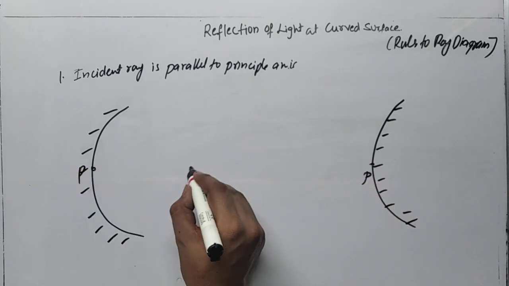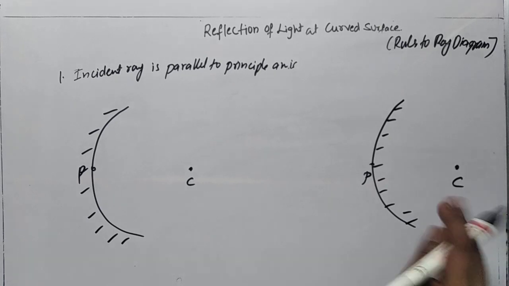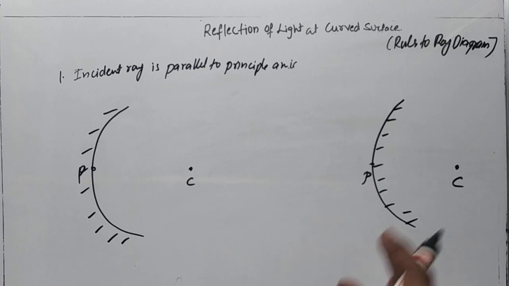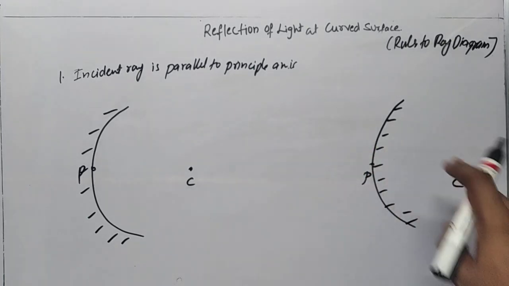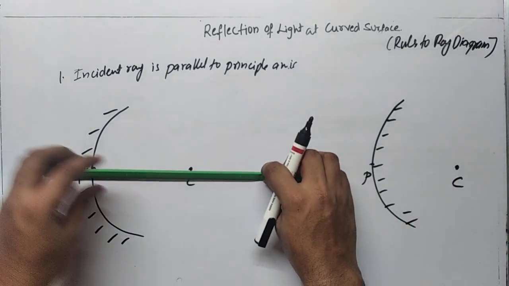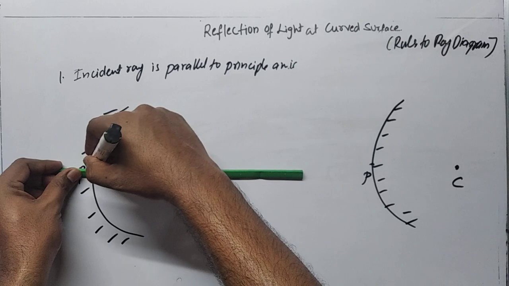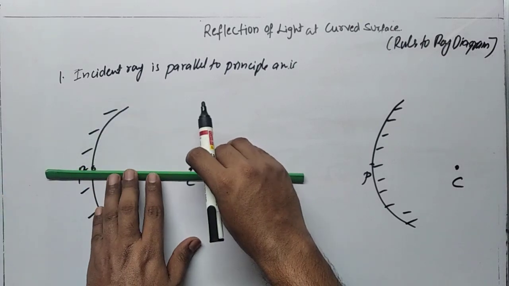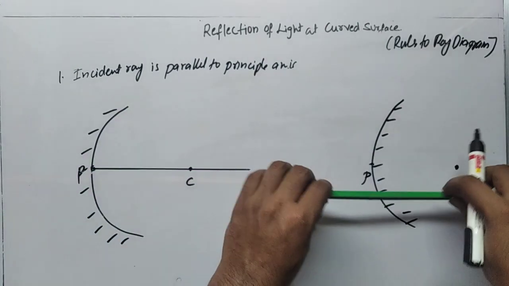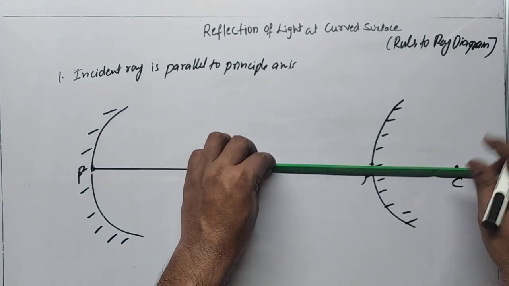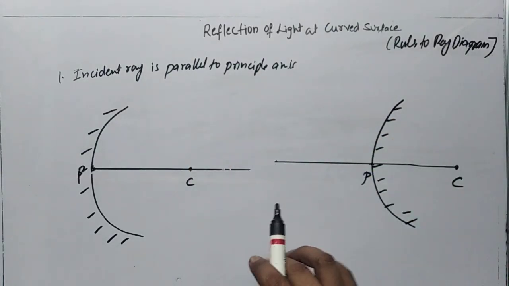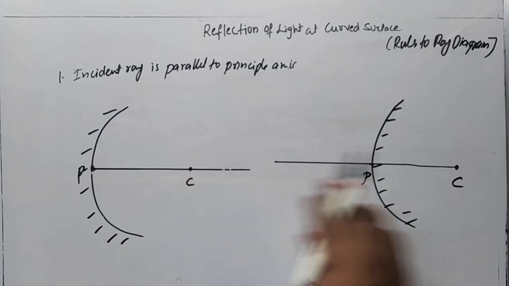Next, the center of curvature. You remember that the center of curvature always lies on the right side. Here the reflecting side is this, the painted side is that, so the center of curvature will be here, it does not change. Next, I am just drawing the principal axis, a straight line. Here also I am drawing the principal axis, but it will be on the other side. So this is our principal axis, and here we have a center.